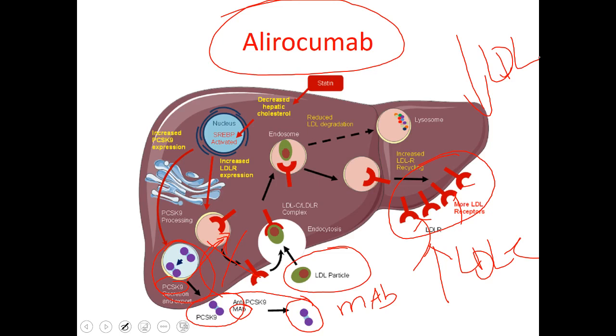Fibric acid derivatives are very good in reducing triglycerides. Some amount of increase in HDL is observed. With regard to LDL, it is inconclusive. Niacin is best for increasing HDL. Some amount of reduction in LDL and VLDL is observed, but on the contrary, the adverse effect profile is totally unfavorable for its use as first line drug. Ezetimibe and alirocumab are usually combined with statins for additional hypolipidemic activity on LDL cholesterol.